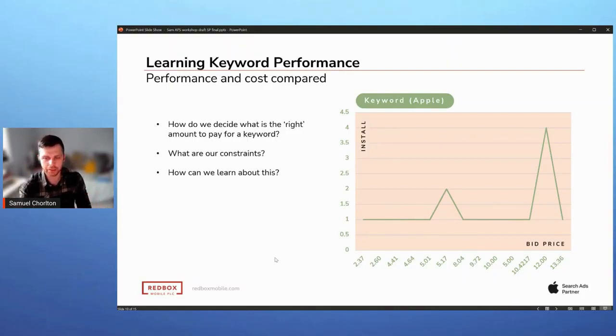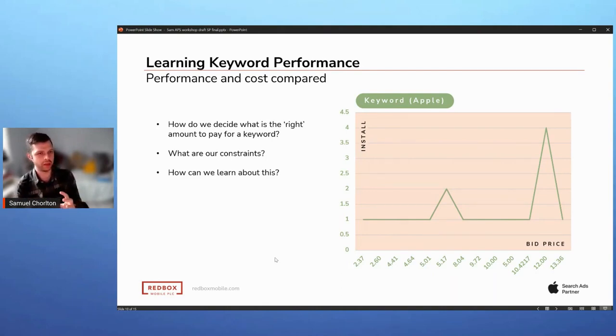In the example we've got here, we can see that the more we spent in this scenario, the more installs were available to us. But although more installs are available, which makes sense, the more you spend, the more you're potentially able to win, the price goes up quite significantly. Whereas if we looked at the price point of, say, $5, we're still able to get 2 installs at that price for the test range that we were exploring. And that might be enough. We might be happy getting a smaller slice of the pie, but getting them at a price point that we're happy with. And that's where this all becomes quite complicated.